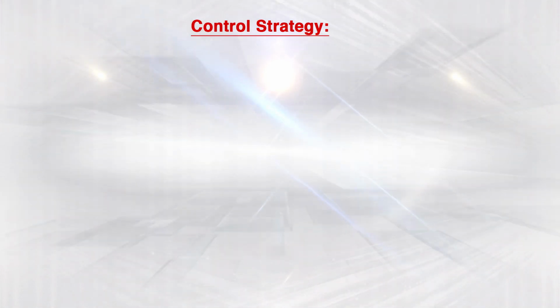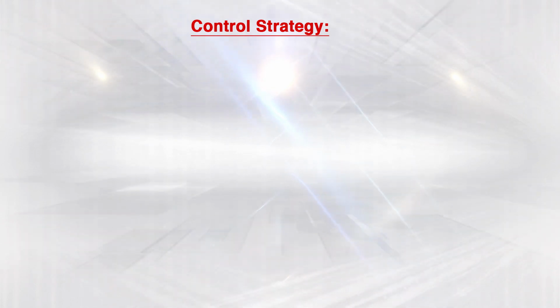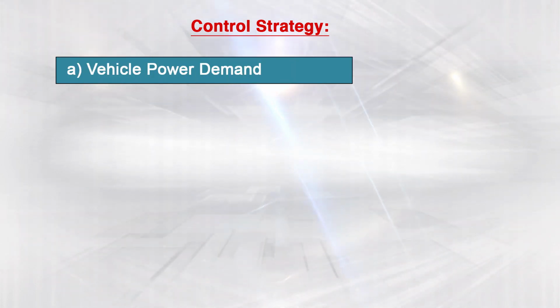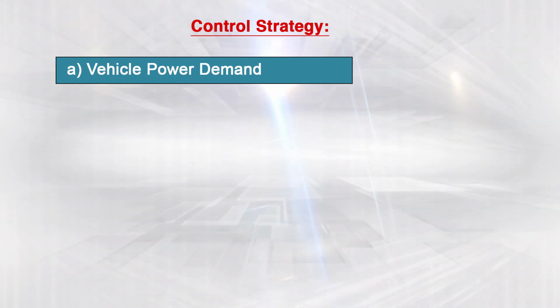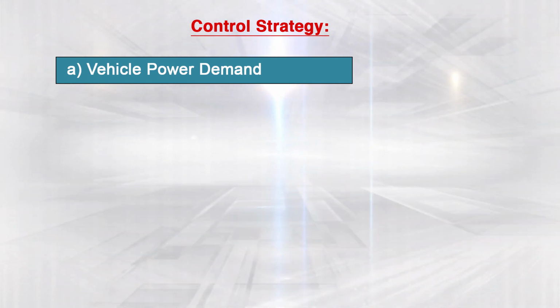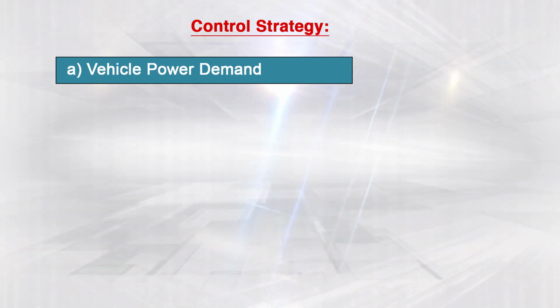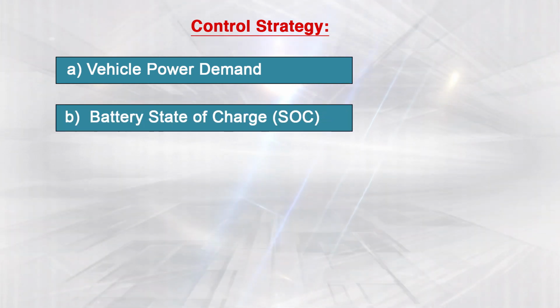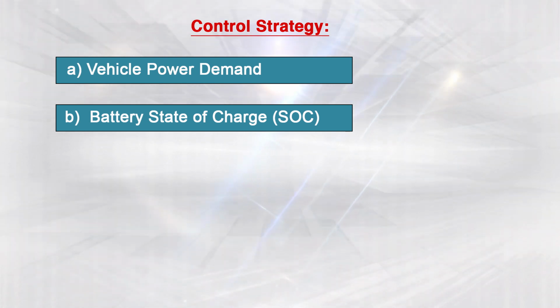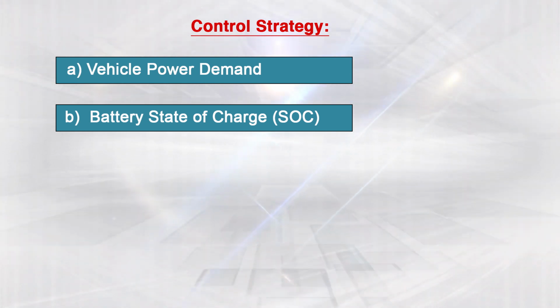The control strategies must address vehicle power demand, ensuring the vehicle has adequate power for all driving conditions including acceleration, cruising and hill climbing, and monitoring and maintaining the battery SOC within an optimal level to prevent overcharging or deep discharging, which